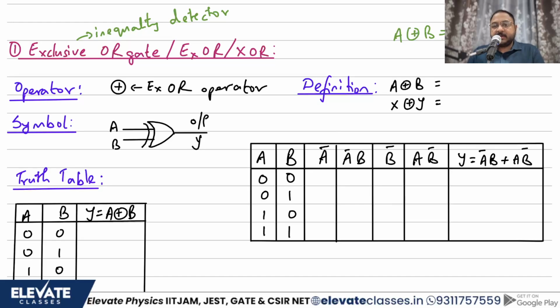The way to not make a mistake, what I suggest, is to write the product twice. Write AB plus AB. Whenever you see an XOR operator, if you want to be without any doubt, you want to get the right answer, write the product twice. Correct? Once you write the product twice, then you have to put the bars. First put the bar on top of the first variable, and in the second product put the bar on top of the second variable. इस मेथड को यूज करके बड़े आसानी से आप XOR ऑपरेटर को याद कर सकते हो,